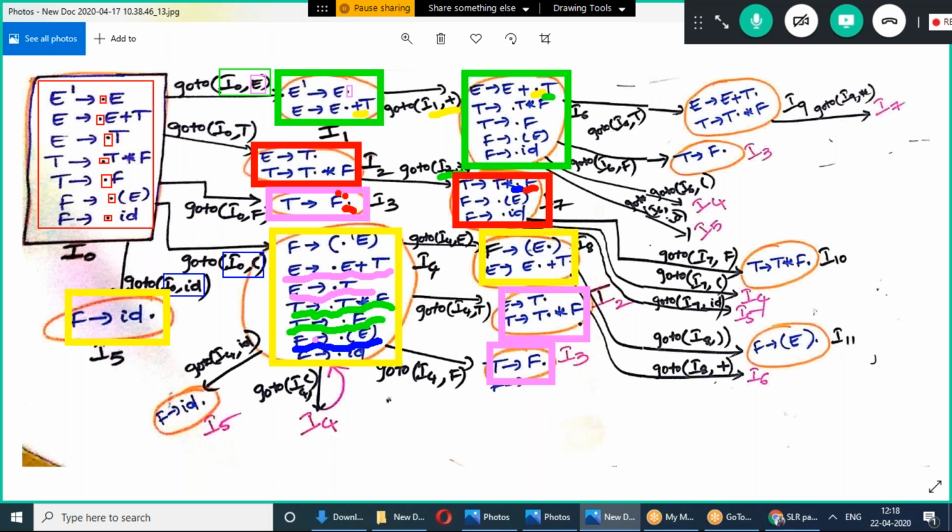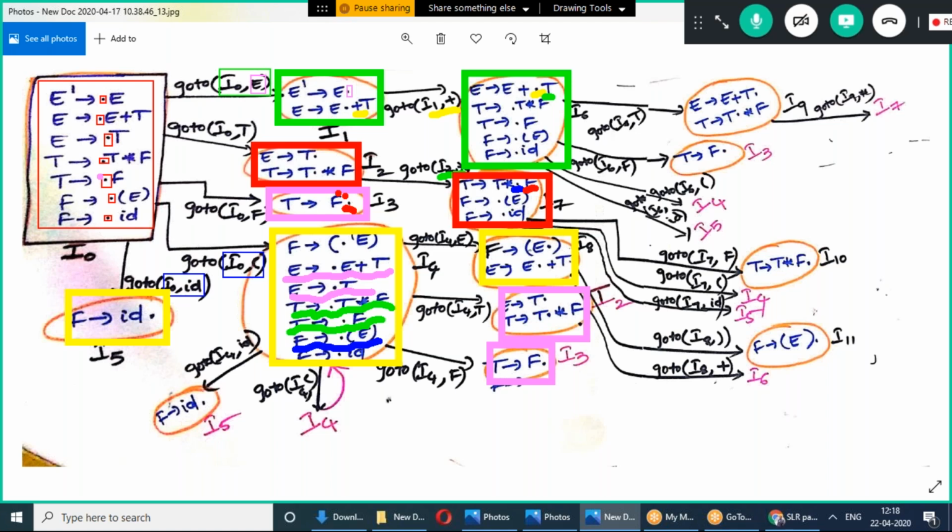Now also if we perform it on I4, this production is the same: F tends to open parenthesis dot E close parenthesis. If we perform I4 comma open parenthesis also, we will get the same, because this dot moves this side. E productions we need to add. After adding E productions, we need to check there are T productions also to add.